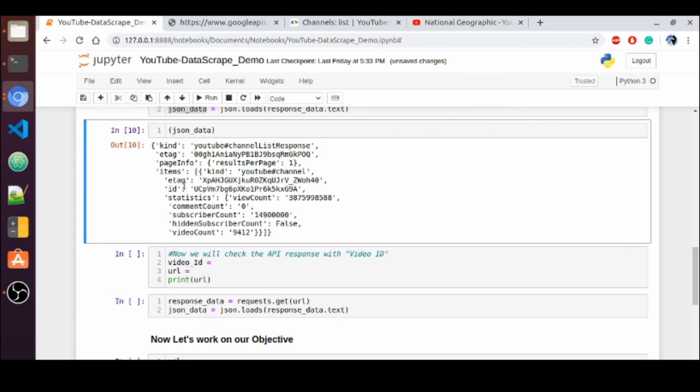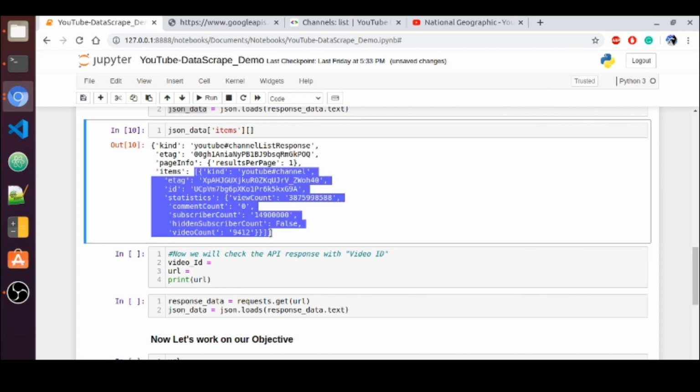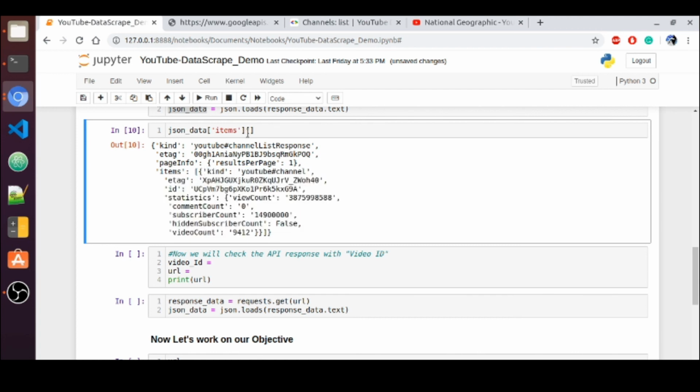For example, if I want to access the statistics, how will I access it? Since it is there in the items key, the value for items itself is a list with only one element. That one element is again a dictionary. To access that one and only element, we have to give its index, and now we can access the dictionary inside this list.